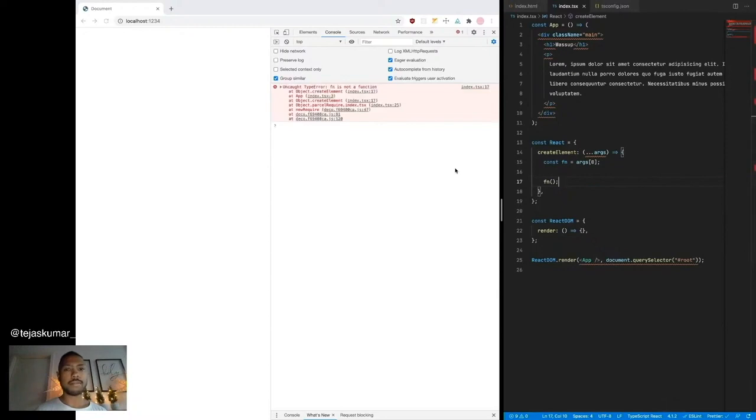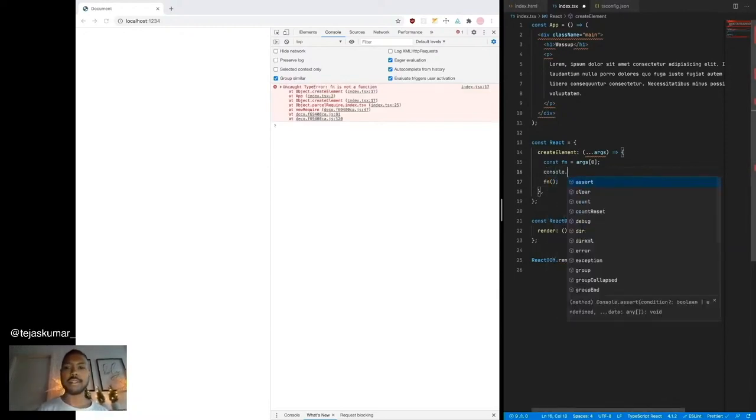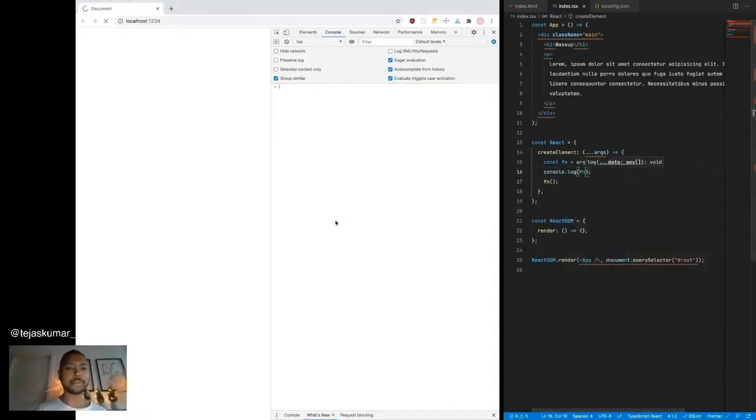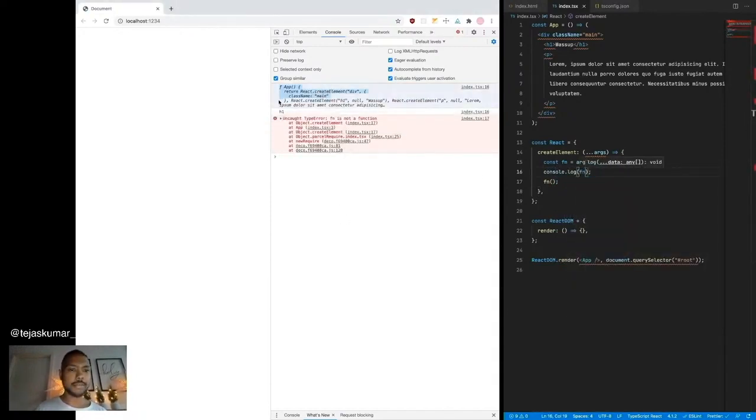Fn is not a function. But, okay, then what is fn? Console.log fn. So it's a function and an h1. It looks to me like wherever this occurs, it calls React.createElement with what's next to it. As we can see, it was called with h1, but in this case it was also called with app, where app is a function. So it can be either function or tag. Okay, I see. So we'll call this fn or tag.